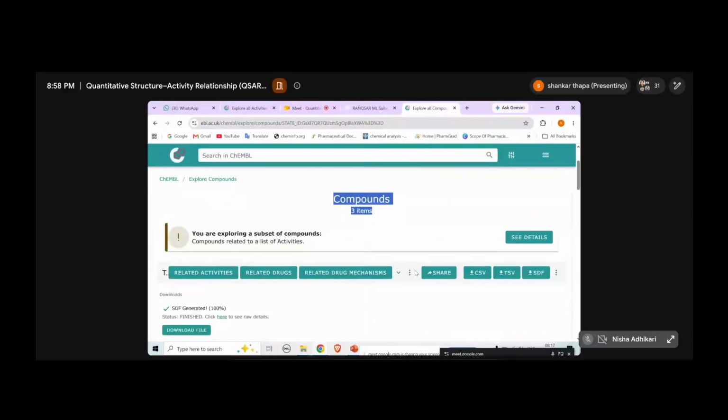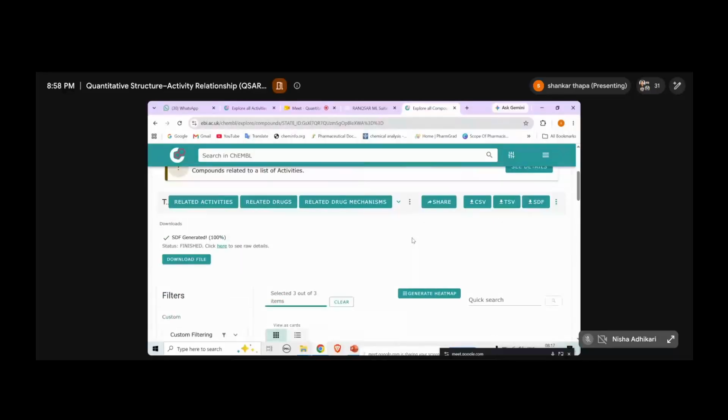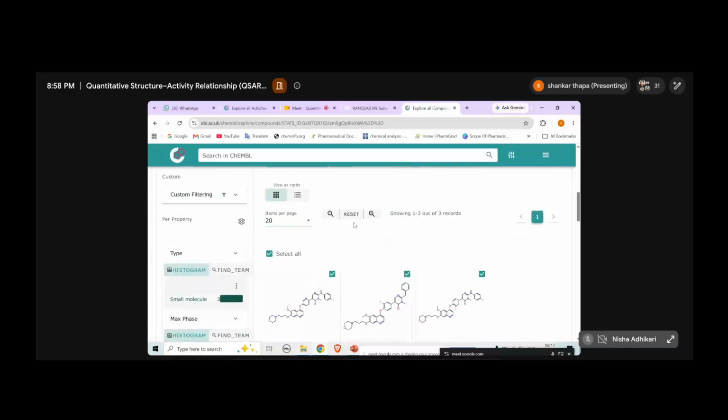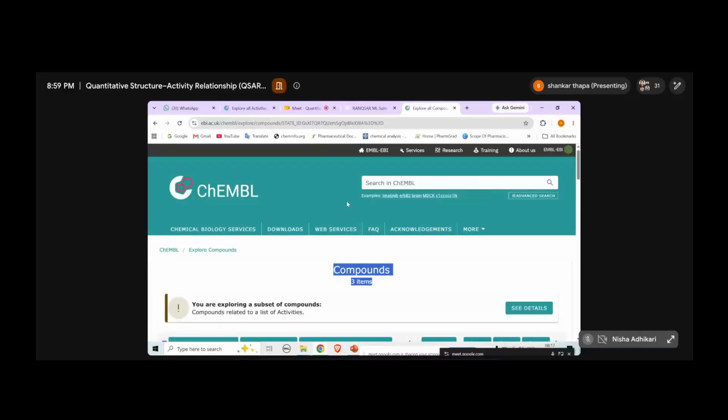So this is data set collection. I think pretty much everything is covered on how to download. From here you can click the file and download it. If there are any questions on how to collect the data, I can answer. If you have any other approach you want to share, you can share. Otherwise, I will go to the next steps.